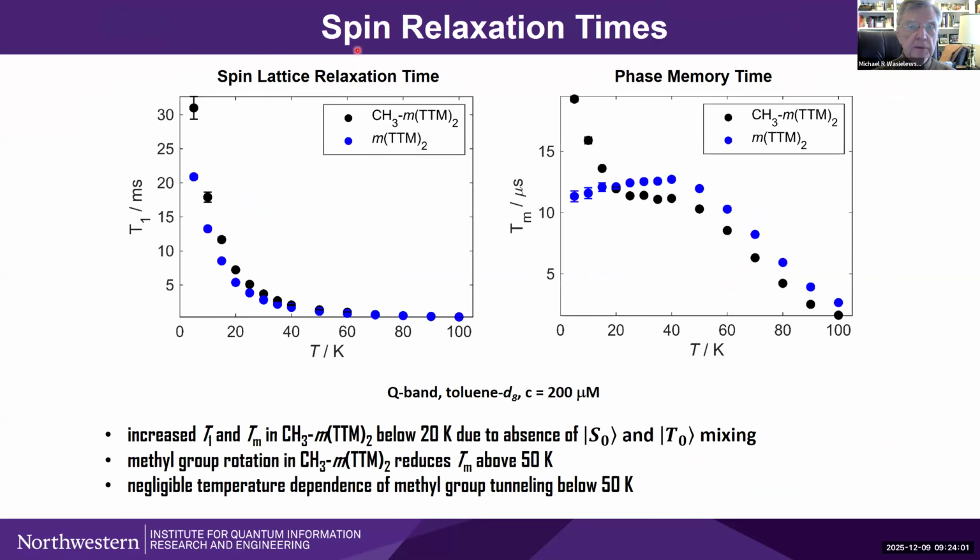Okay. Now, relaxation times. In this case, relaxation times have improved. At helium temperature, they're more than 30 milliseconds for T1. And now you have this interesting thing going on with regard to the methylated compound, and that is it plateaus here right around between 20 and 40 Kelvin and takes off again. It turns out that this plateauing is due to the essentially elimination or rotation of the methyl group, essentially, then off we go again. And so we get almost to 20 microseconds for the T2 time or TM time in this particular case. So it goes up considerably, which is good.